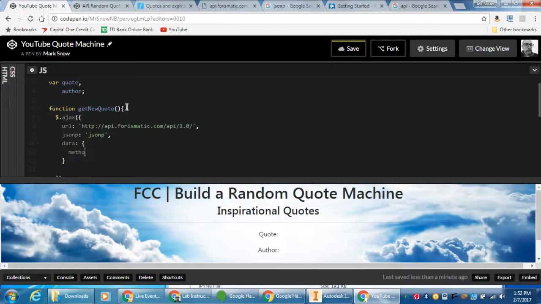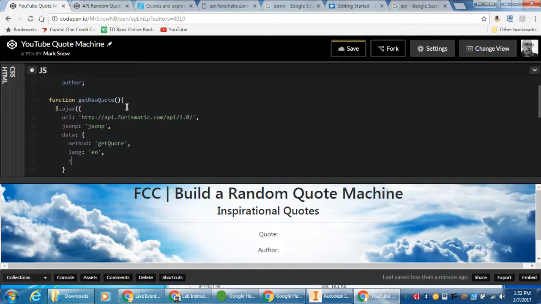Well, I just got to tell everybody. Method is what they want. Method they called get quote. Okay. Comma. And the next thing they wanted was a language. A language here, we want English or Russian. I want English. And then the format. Format I'm going to be using is